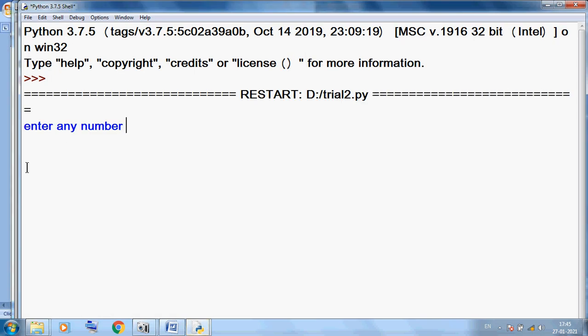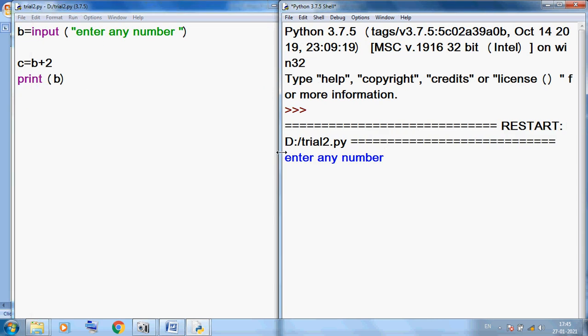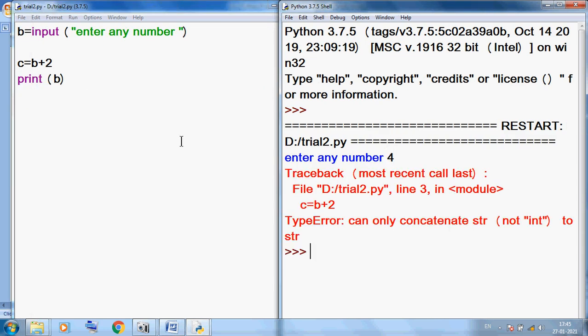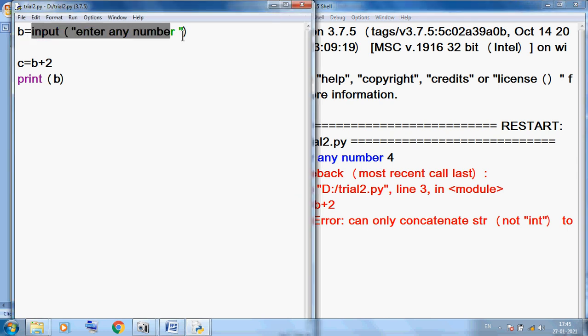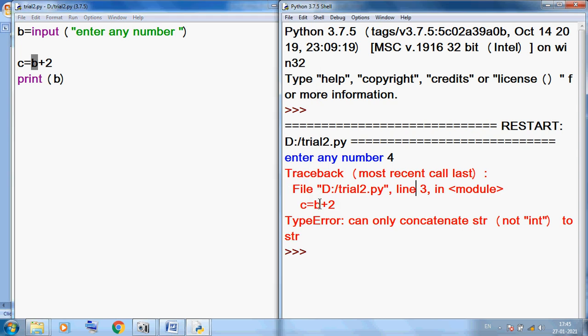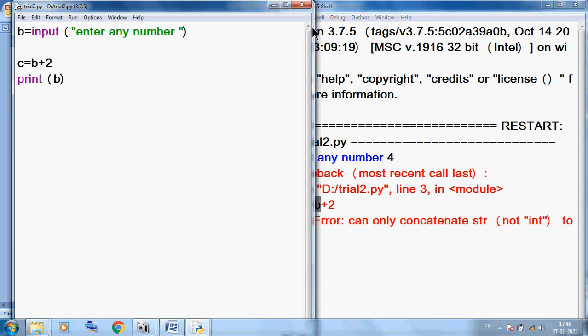Okay, because here I am using the 4 and it will give the error, because inside the input function I always take as a string. So 4 here is in double quotes. Okay, 4 is in a double quote, so it is not a number, it is a string, so it will create a problem. So first we must use the integer function additionally.